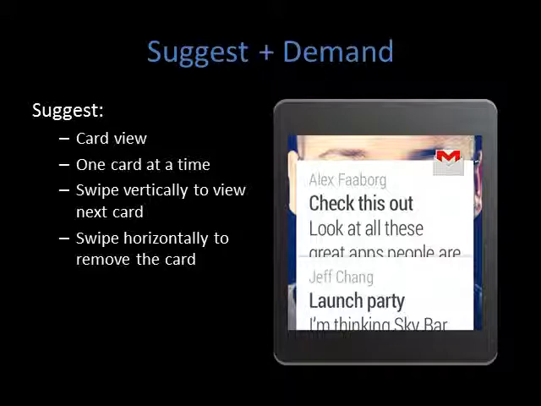And also you can swipe horizontally to remove the card. So you are removing or deleting the card. It's just the card, not the mail. So it's like notifications. If you want to delete this notification card, you can swipe it horizontally and remove the card. So these are the points you have to make sure of when you're building an app for Android wearables. These are the typical interactions provided by Google, and the typical expectations on how your app for Android wearables should work.